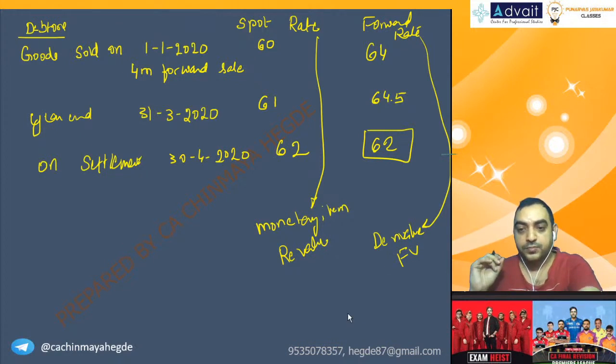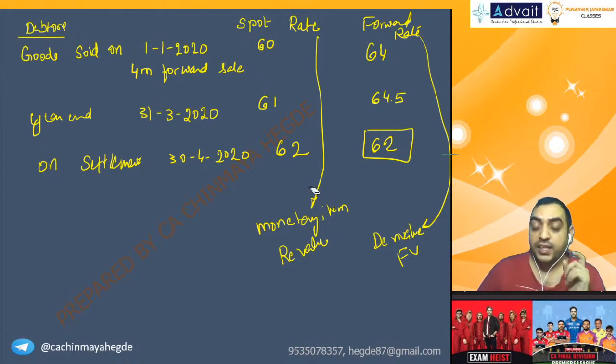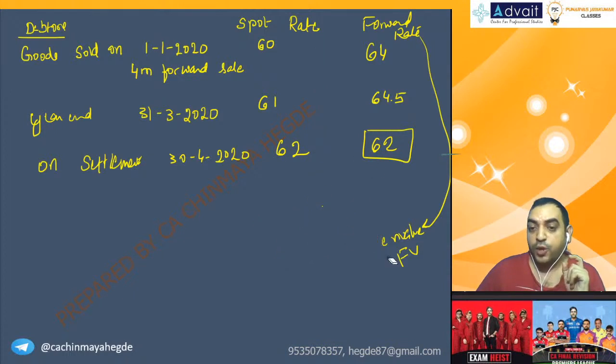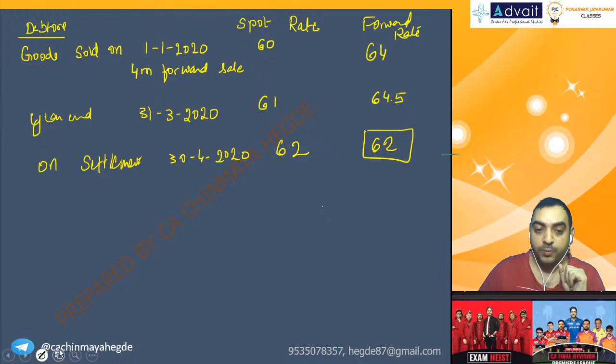Correct? Now, if you do this, the answer is not going to be correct. Let me tell you why. This treatment will not be right on an overall basis when you do hedging, because now 60 becoming 61,